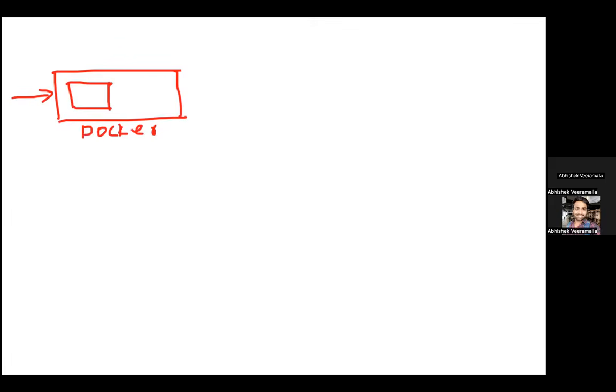Let's start with the creation of a container in Docker. Let's say you have this platform, a virtual machine on top of which you install Docker. As a user, you have written a Dockerfile and built images. I'm not going there, but you have run a container using a basic Docker command, docker run. You ran a container, but what is happening under the hood?